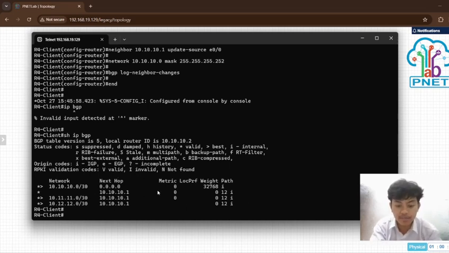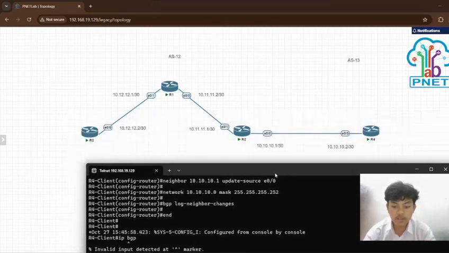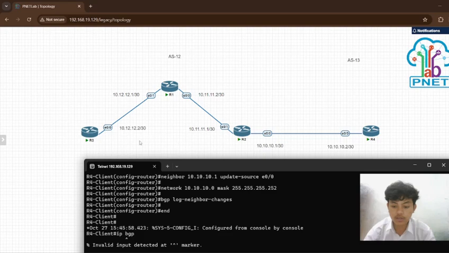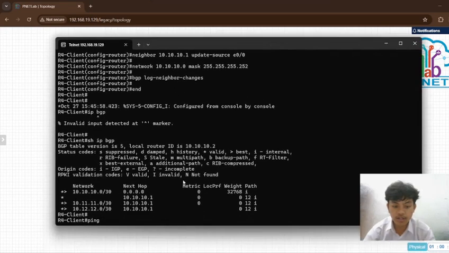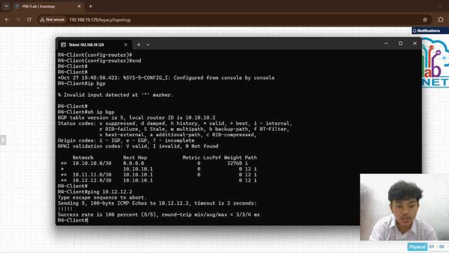Then check ping from here to 10.12.12.2, and you can see the success rate is 100%.